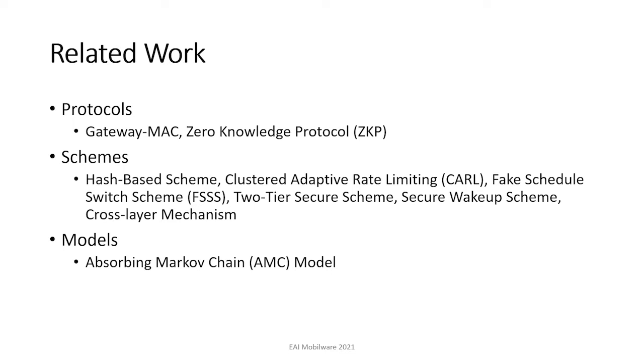That led us to looking at some related work, where we looked at protocols, schemes, and models. In terms of protocols, the key ones that stood out were GMAC, which is Gateway MAC, and Zero Knowledge Protocol. Now, GMAC focused on using clustering as a way of saving energy. So what we found about these protocols is, in terms of the schemes, they were focused more on the security aspects. So we hardly found any protocol that intentionally combines energy efficiency and security,